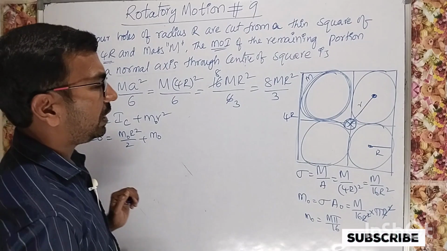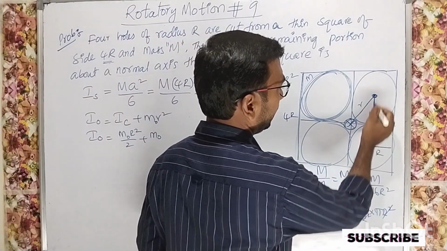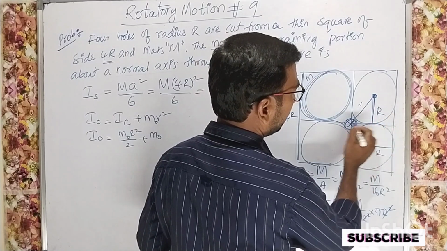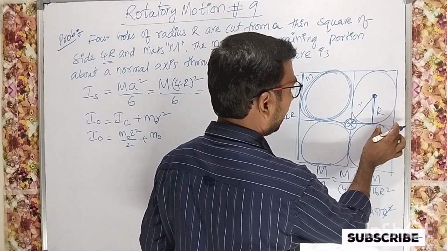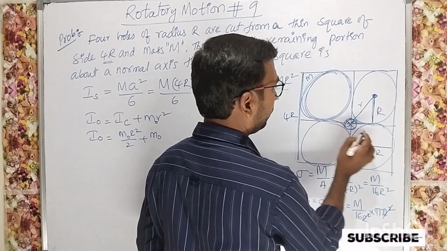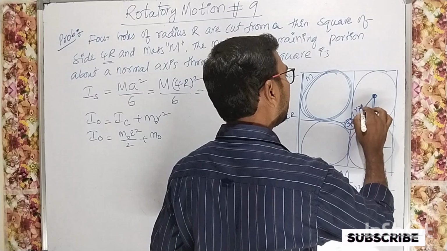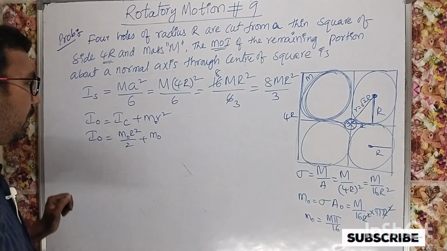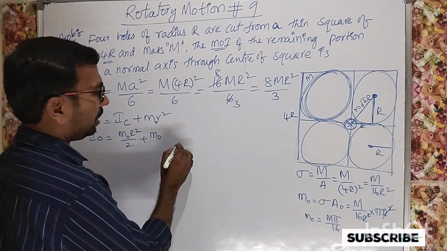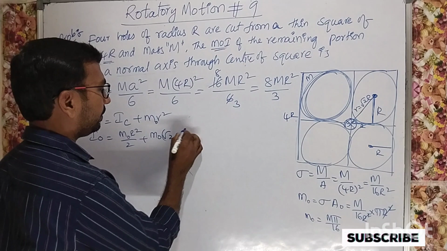So you can find out here r is equal to, suppose this is radius r and this also has radius r. So from here to here the distance is 4r, meaning this is r, this is r, this is r, this is r, 4r. So this is also r. So can I write this small r is equal to root 2 times capital R, so here you can write small r is equal to root 2 times capital R, whole square.